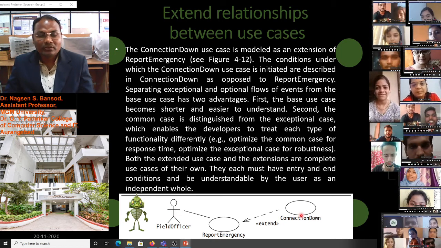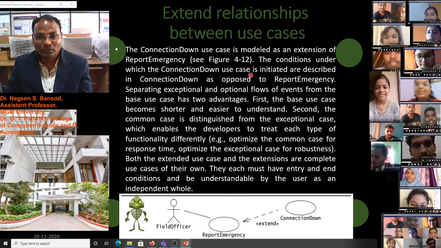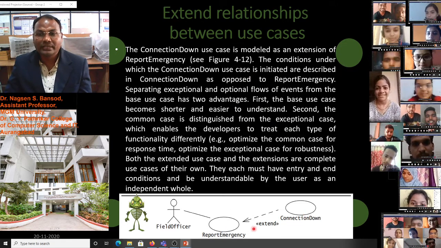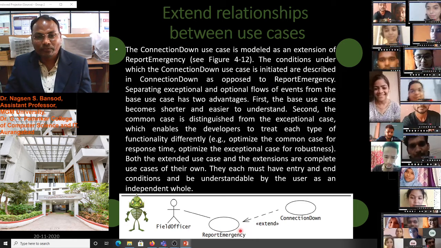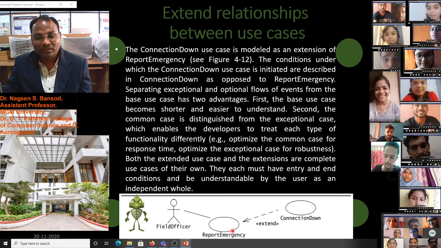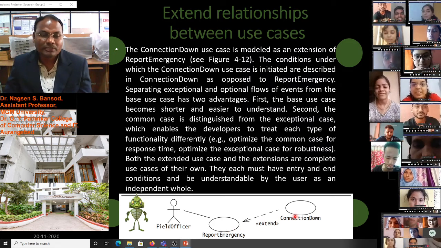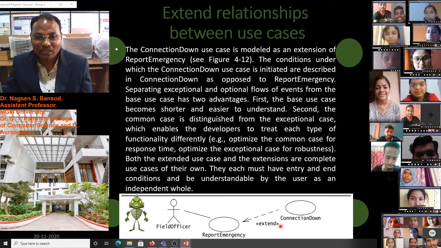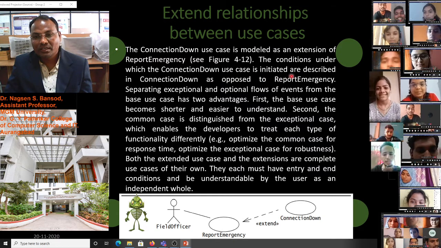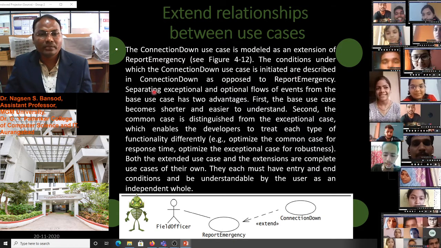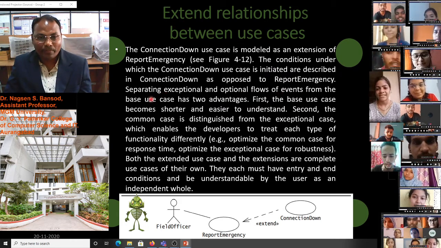Then there is another use case we have to create, that is the connection down use case, and this is the extended version of report emergency, because our report emergency is not reaching, our form is not reaching the dispatcher, so we have to extend. The connection down use case is initiated and described in connection down as opposed to report emergency.